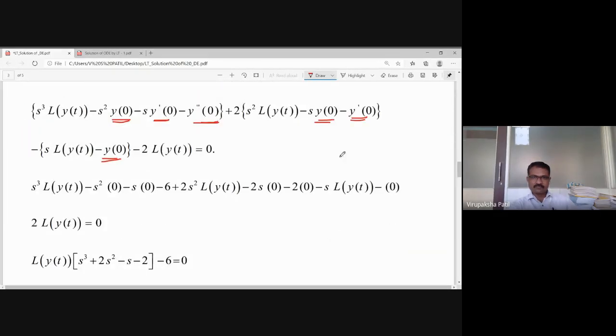I'll write it once again. Y at t equal to 0 is given as 0. Then y dash at t equal to 0 is also given as 0. You need to remember this. Y double dash at t equal to 0 is 6. Don't put the initial conditions wrong; whatever they have given, only that you have to put. We are going to substitute all these values wherever applicable. So s square into y of 0 is there, that you are going to write as s square into y of 0.